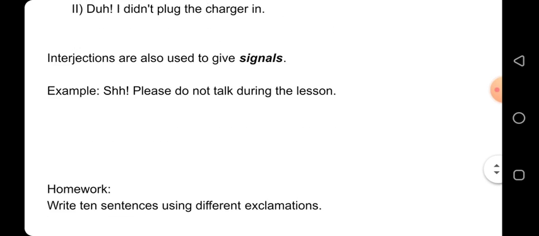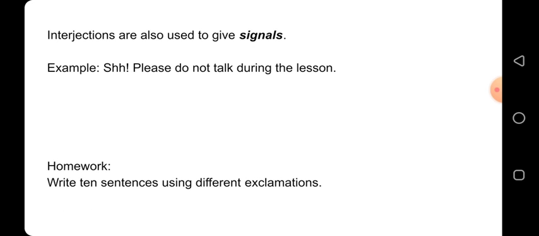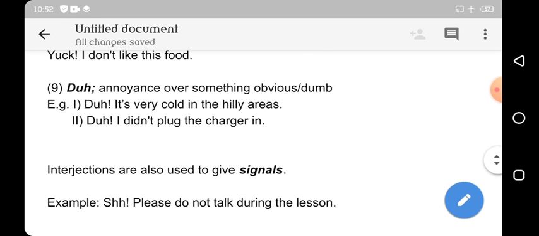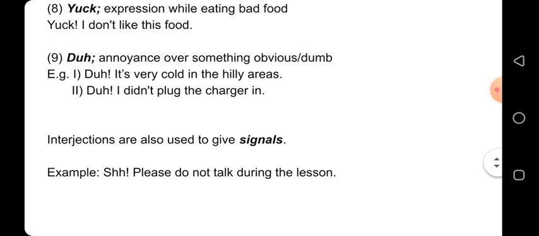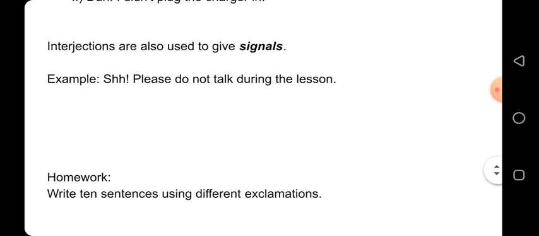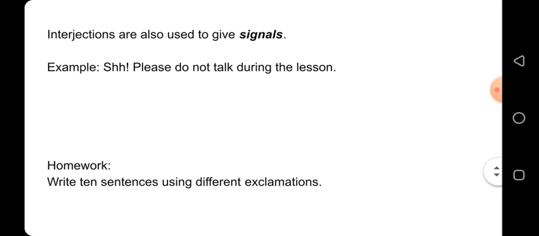And students, on the basis of this lecture, your homework is to write 10 sentences using different exclamations. Like I have used exclamations here: daw, yuck, yippee, oops, alas, and all these expressions. So you can use these as well, and there are a lot of other expressions. So what you have to do is to write 10 sentences using different expressions, and those expressions can be of grief, of excitement, of surprise, of anger, and anything like that. So I hope that's not a difficult job.